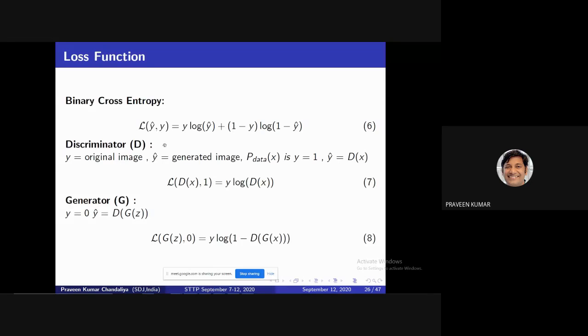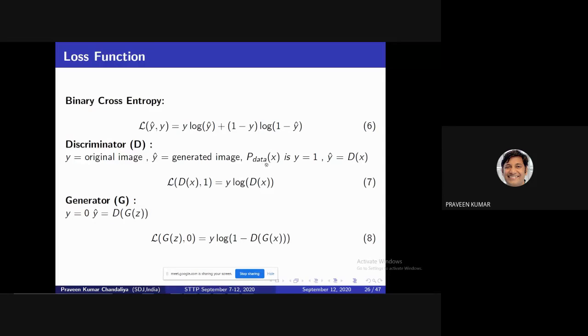You are all familiar with binary cross entropy. This one is generated, this one is the input. The binary cross entropy function is y log y hat plus (1 minus y) log (1 minus y hat). Y hat is related to the generated image and y is related to your input image, the original image. Then what is the loss function for the discriminator? Meaning, what is adversarial learning?